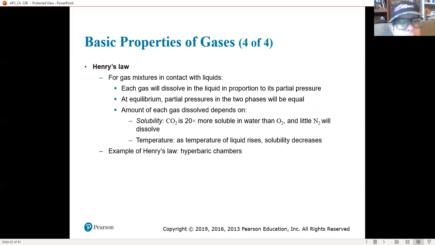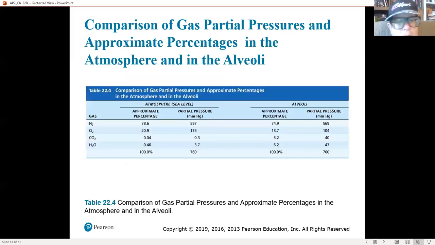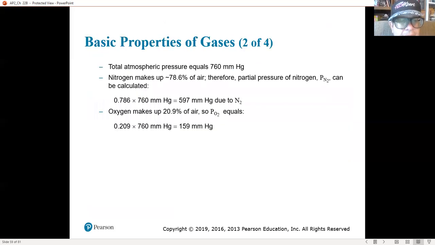But every gas has a solubility. Take carbon dioxide. Carbon dioxide is a lot less common in air, a lower partial pressure than oxygen. But carbon dioxide is way better at dissolving in water, in liquid. So,